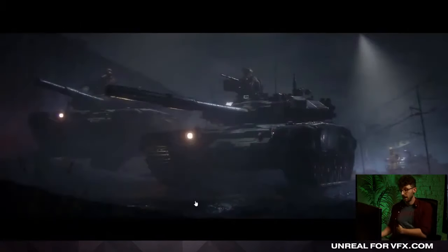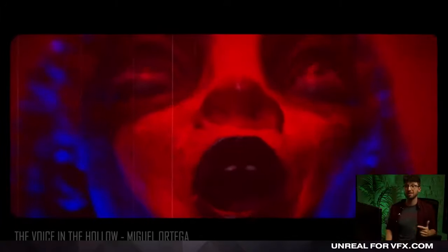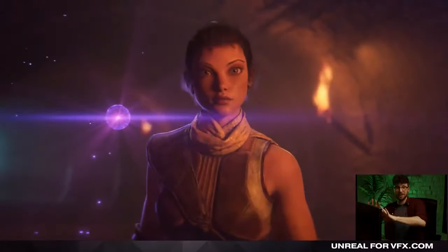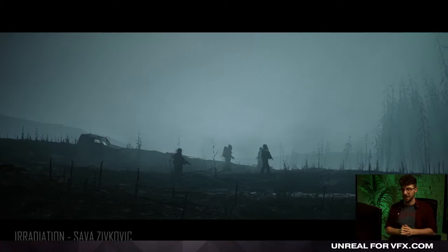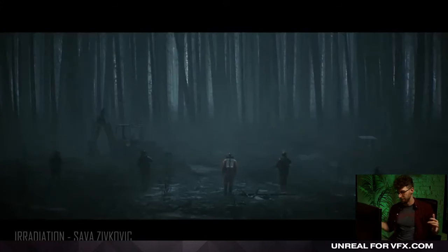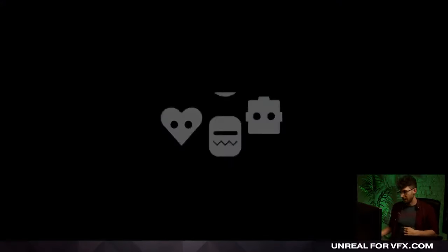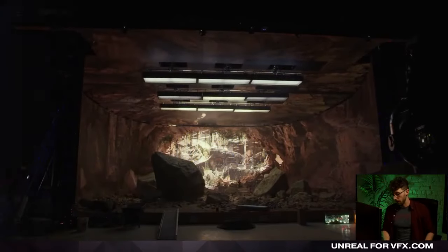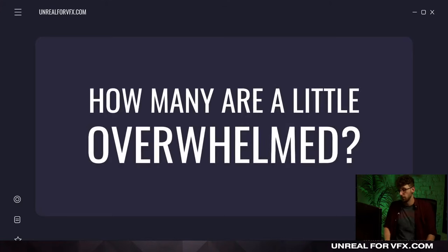And if you do that, then honestly, you can work on stylized projects, you can work on photorealistic projects. Again, it's all the same art fundamentals here that we're trying to accomplish. So whether it's making freelance projects or animated cinematics, or you're trying to make stuff that could go on Netflix, like Radiation, or from Love, Death, and Robots, again, it's all the same stuff. It's all using Unreal Engine 5. And yeah, it's the same for virtual production as well. So that's really what we're trying to do here. And ultimately, if you can learn it for filmmaking, you can learn it for virtual production, and you can use that to land that job. I really do stand by that.